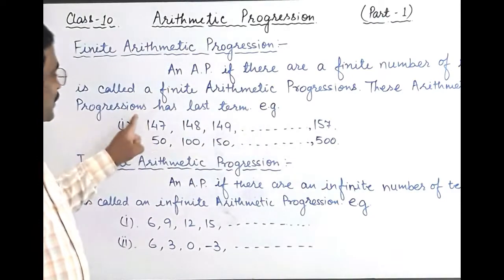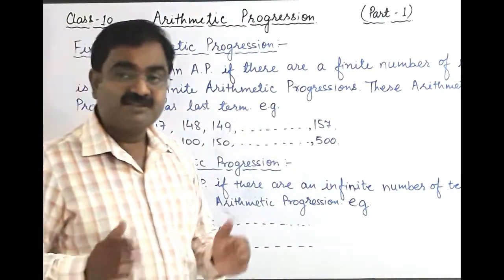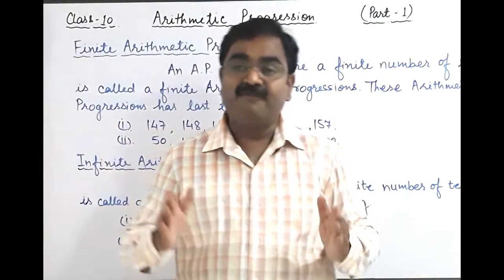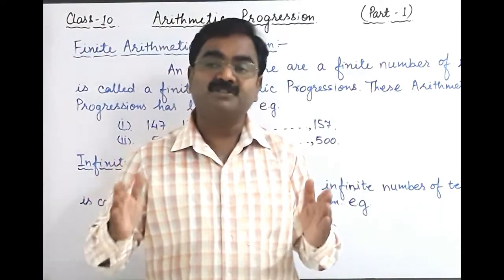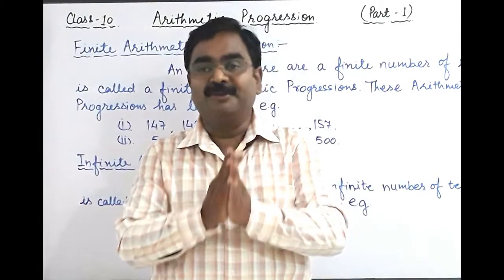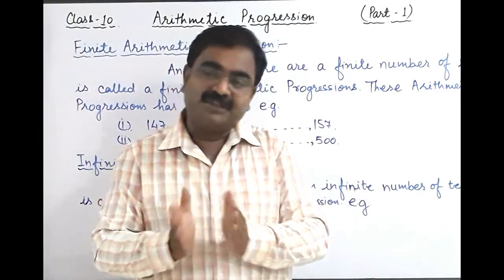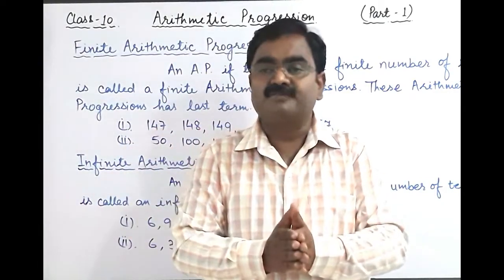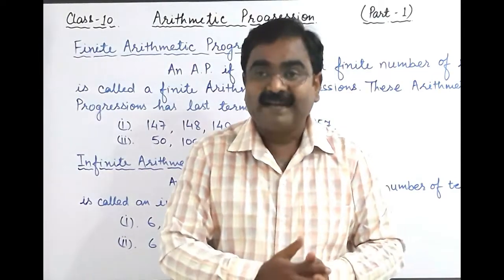This arithmetic progression has a last term. As you have read, it is a finite arithmetic progression, so it means there must be a last term, so it can be counted how many terms are there. So there is a countable number of terms, that is why it is called finite